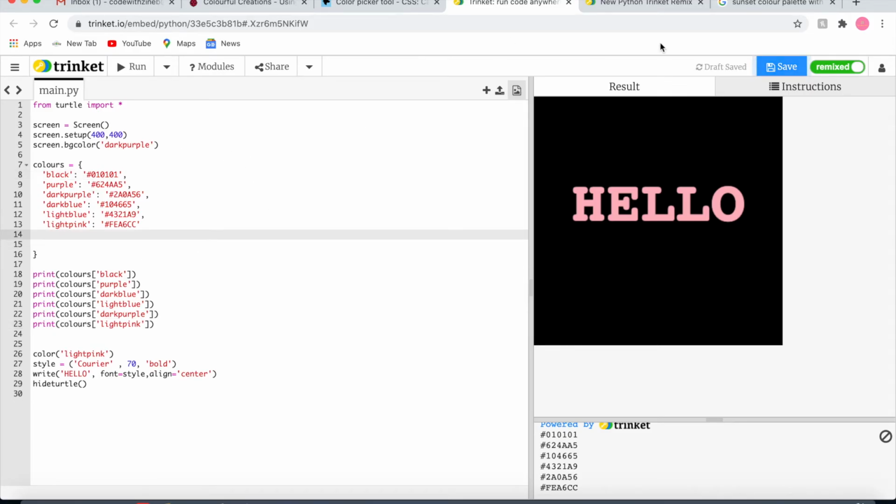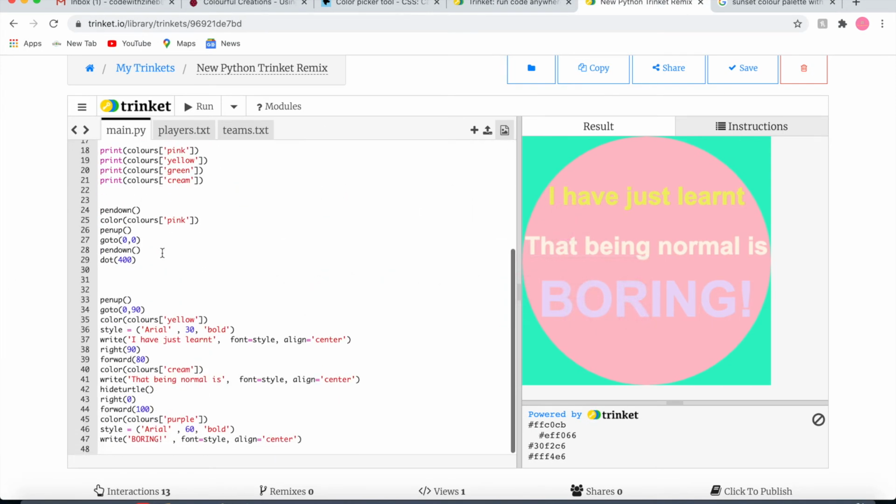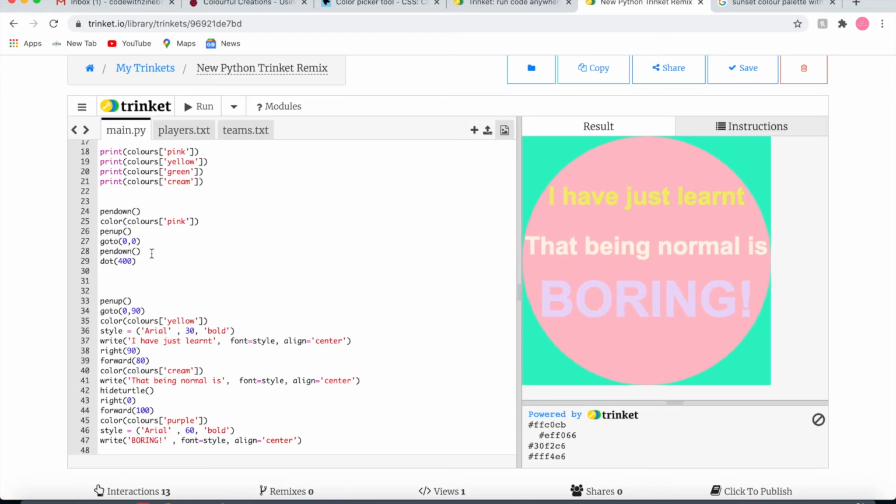So now I have all of that, we can start to create our own posters. Now I can show you my one. For writing this, you can write pen up, you go to wherever you want it. I put 0.90 so that it could start up quite high, and just estimate where you want it to be. I made the colour yellow,